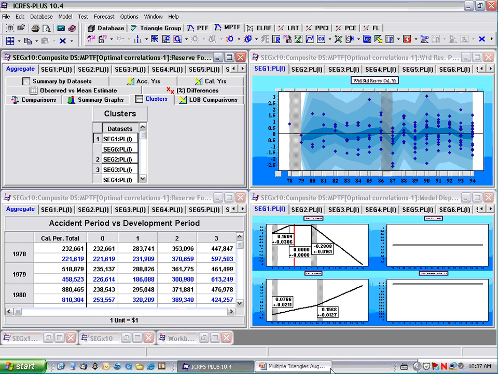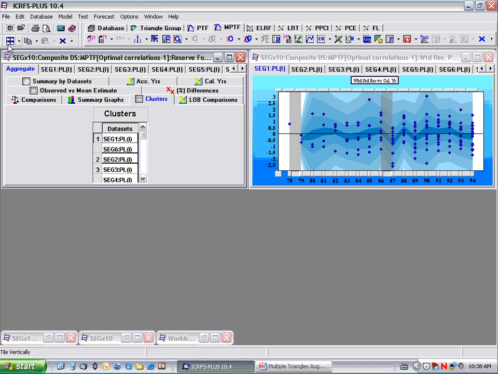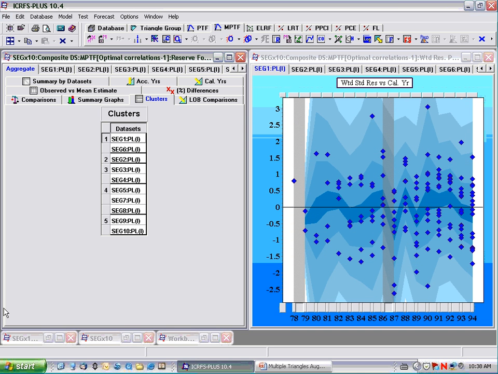Why don't we get rid of the model display, say, and the forecast table. So we'll close those. So we're only looking at the residual graph, and we've got a table of our 5 clusters. Now,